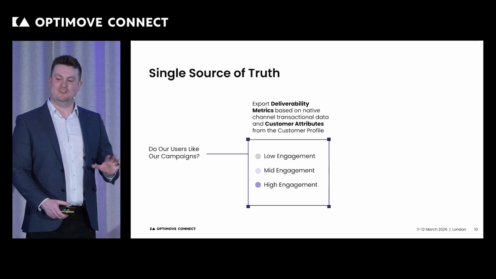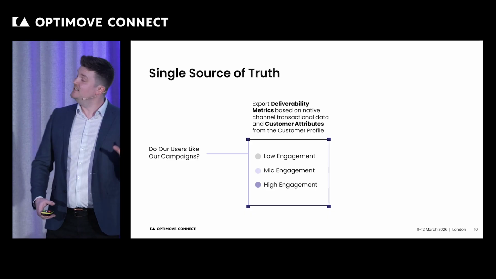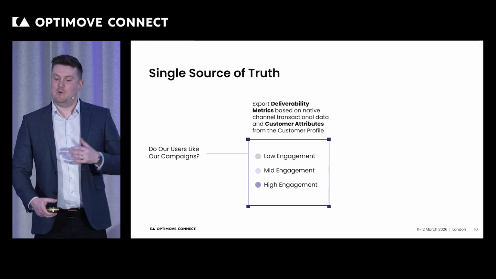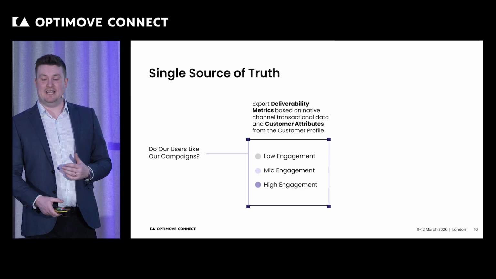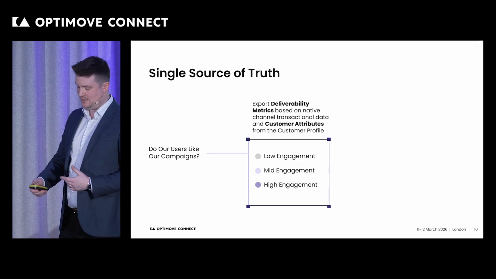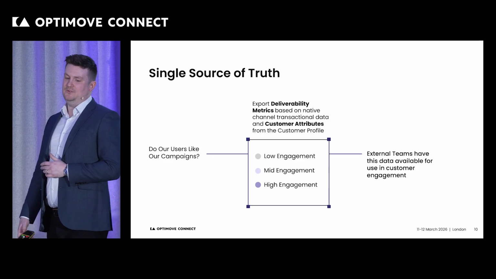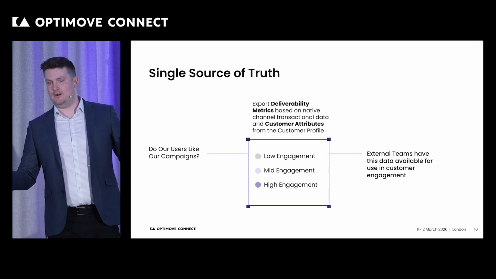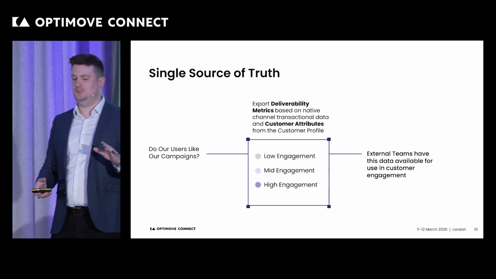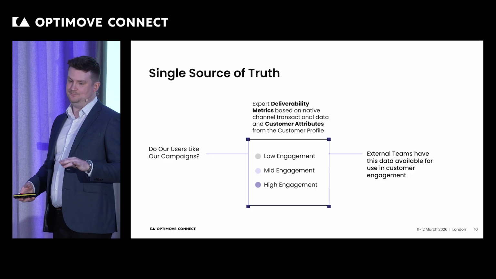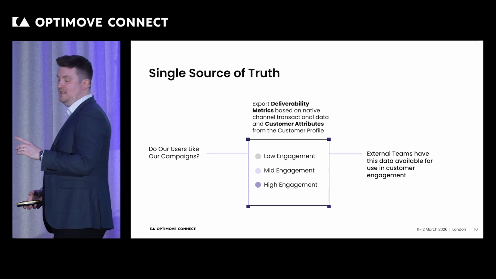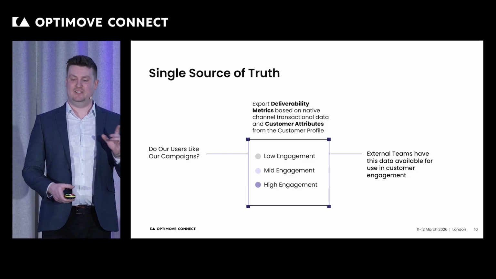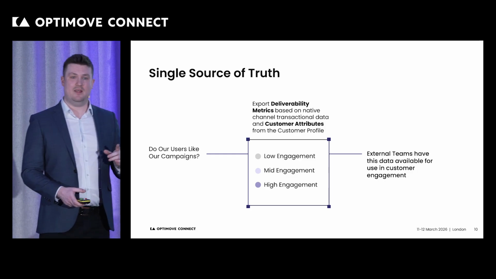So this is where we take deliverability response data. Potentially, we combine that with other profile data based on our customer profile. And we build a segment based on how much the users actually interact with what we're sending. Now, making this data available through Data Share and ingested into your data warehouse is going to enable all parts of your business access to a single source of truth, whether they use Optimove or not. This is going to help us out with answering the question from one of our first slides, which is, how can each team gain access to the data that they need to solve for their business questions?